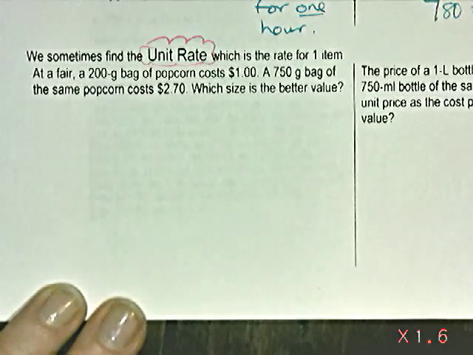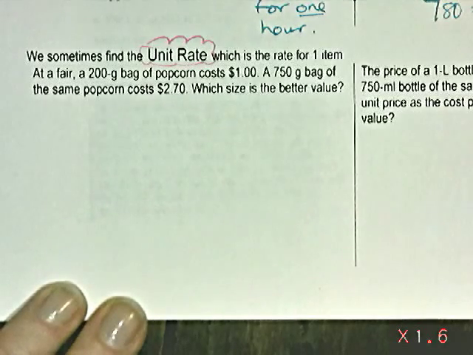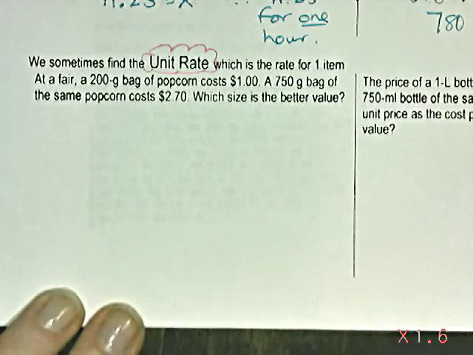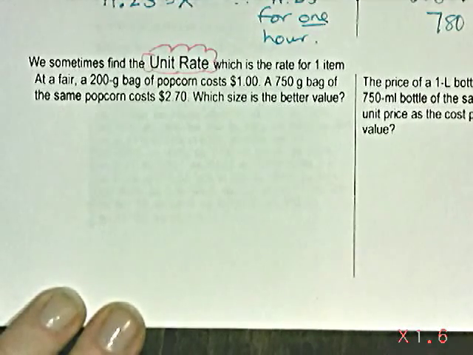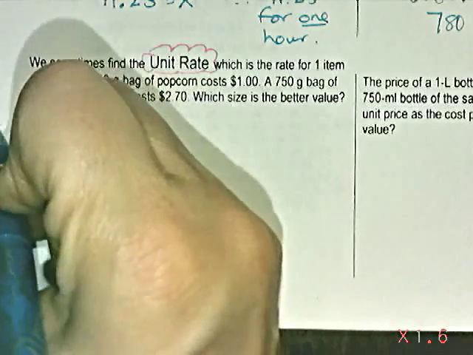An example here, at a fair, a 200-gram bag of popcorn costs $1. A 750-gram bag of the same popcorn costs $2.70. Which is the better value? Now, oftentimes the larger size is the better value, but not necessarily. So if we take a peek at our cost per 1 gram, our small bag,